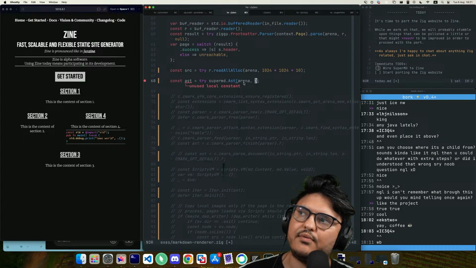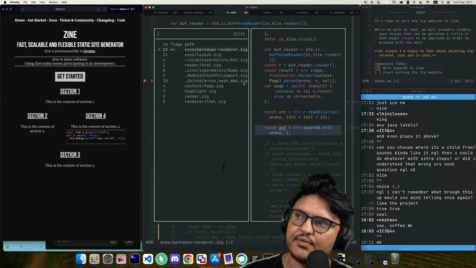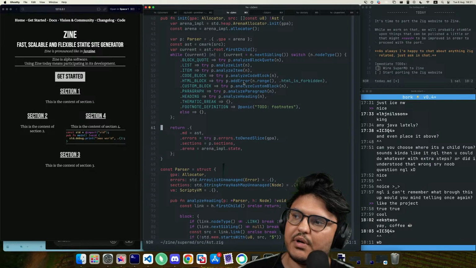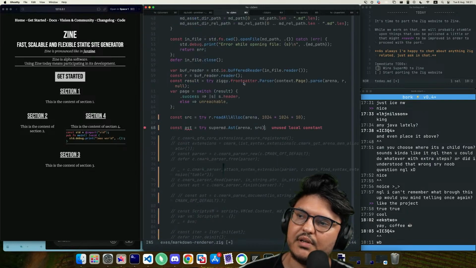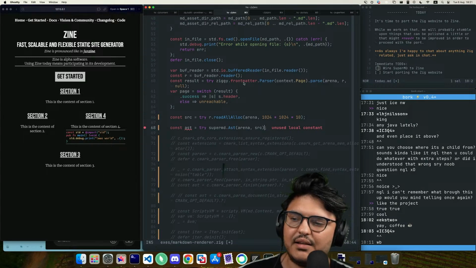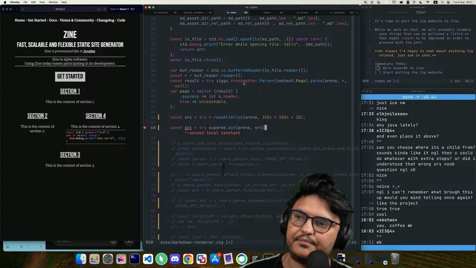Man, it's so unfortunate that ZLS doesn't want to cooperate here. SuperMD, let's see. What do you want? Oh, allocator and source. Okay, nothing crazy there. Fine.